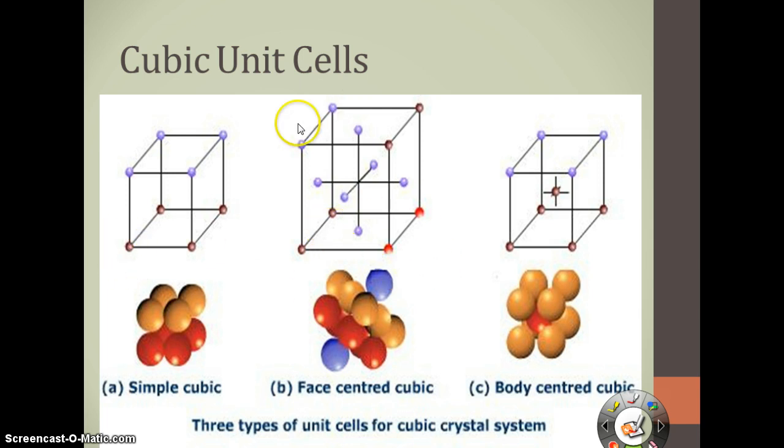Next is the face-centered. In addition to the corners, you also have half of an atom here, a half of one here, a half of one here, and a half one here. It's not technically a half, but it's being shared by both, so you would count it as a half. And then last is body-centered. So you would have a whole one inside of the cube here. This unit cell can actually be used to determine the formula of an inorganic compound.